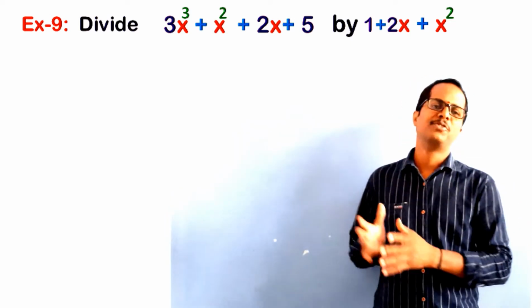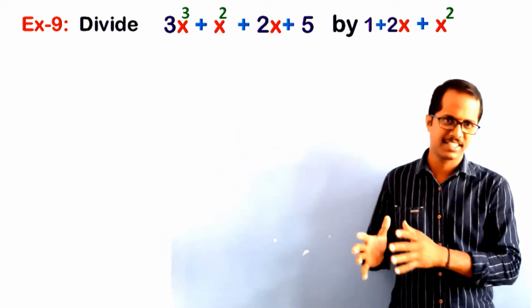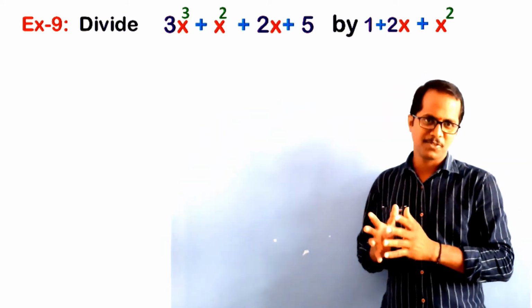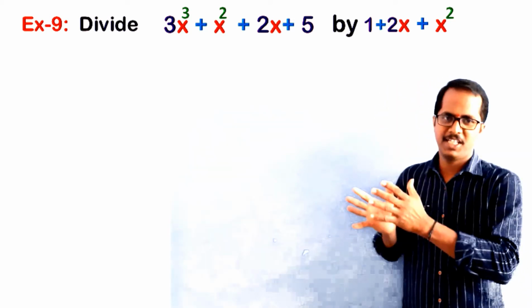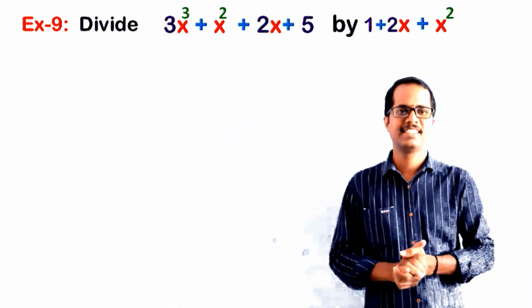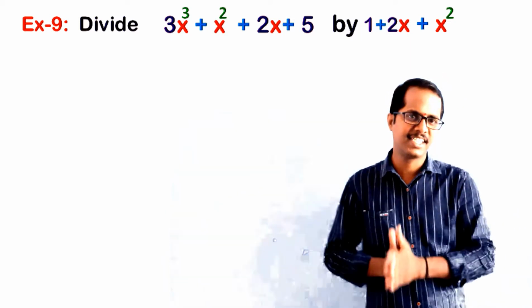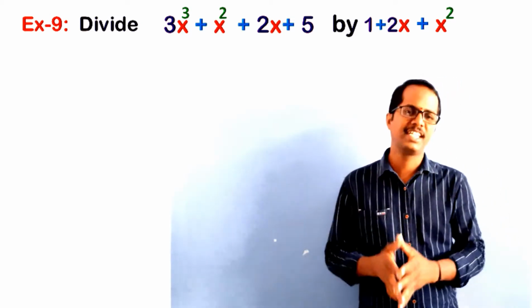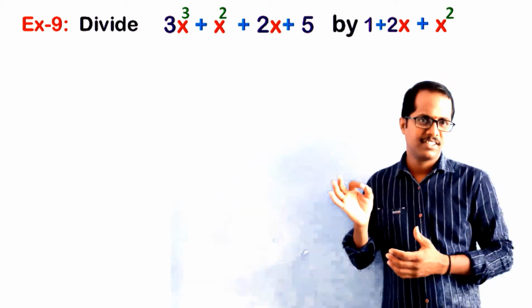Now we are going to see how to divide a cubic polynomial by a quadratic polynomial. Here also we do the same process that we did in our previous example. So let us do this also. So first, to do the division of polynomials, what do we have to do? We have to see whether the given polynomials are in standard form or not, meaning whether the terms of the polynomial are arranged in the decreasing order of their degrees. So check whether the given two polynomials are in standard form or not.